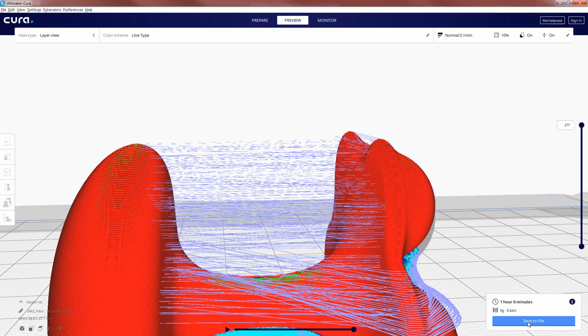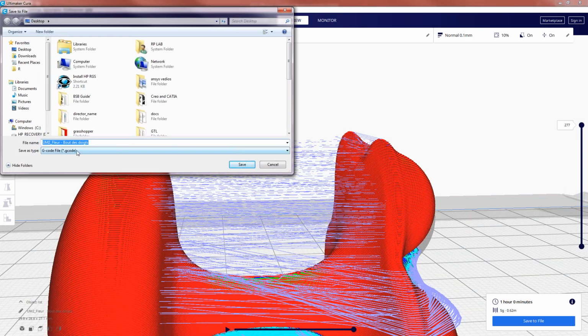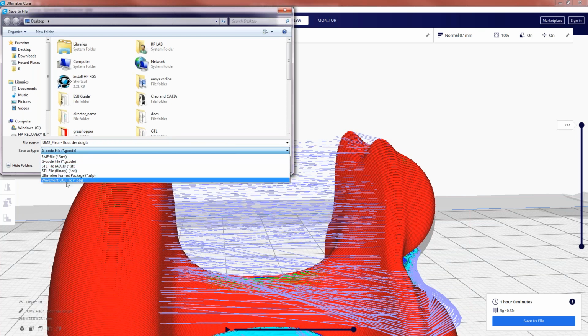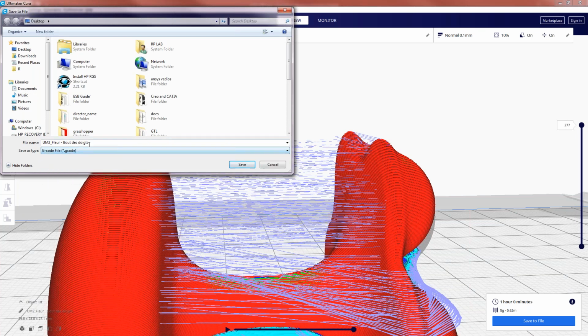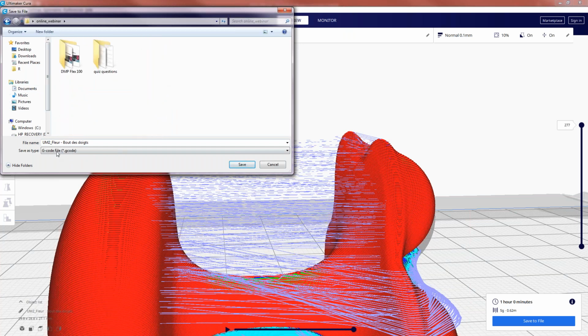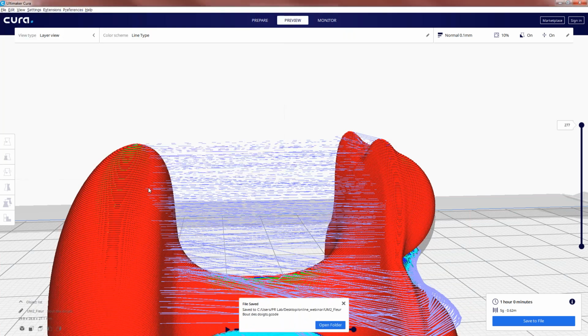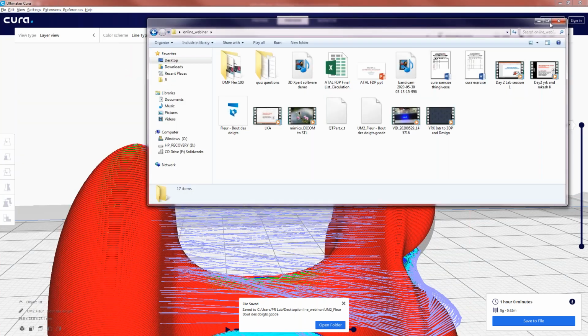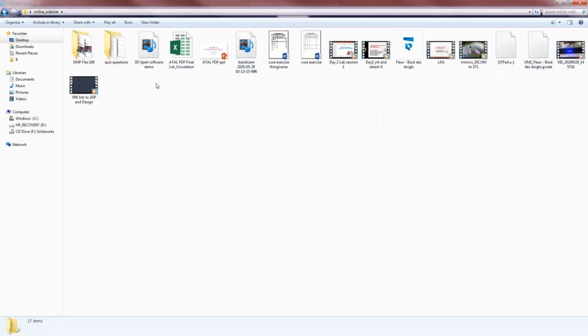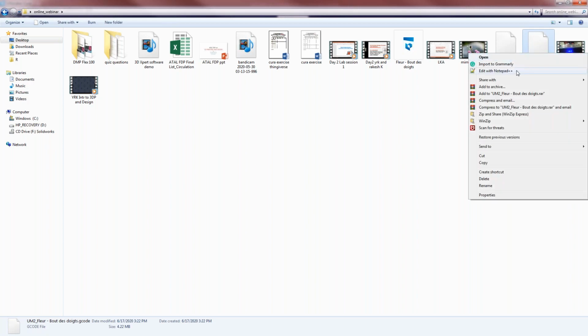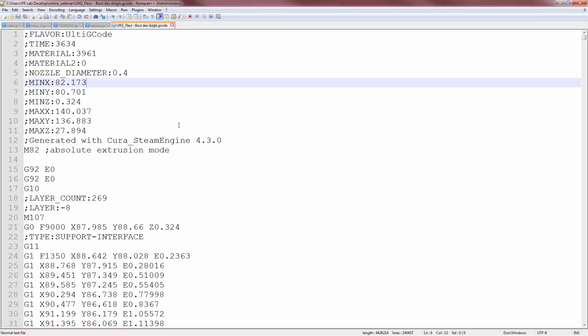Now we can save this file as a .gcode file, or you can save in any other file. We are saving in the .gcode file. Where is this file? Yes, this is a .gcode file. Now we will open it with Notepad.